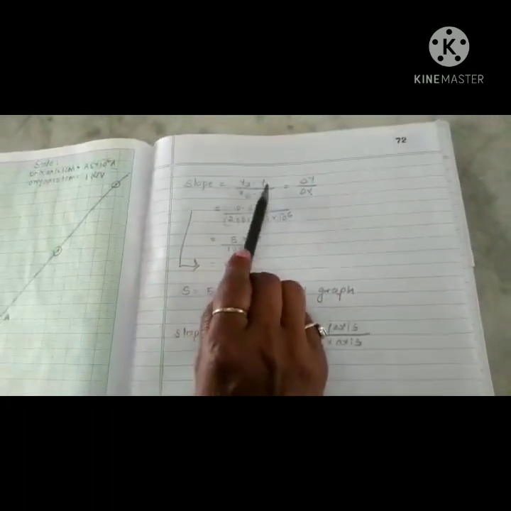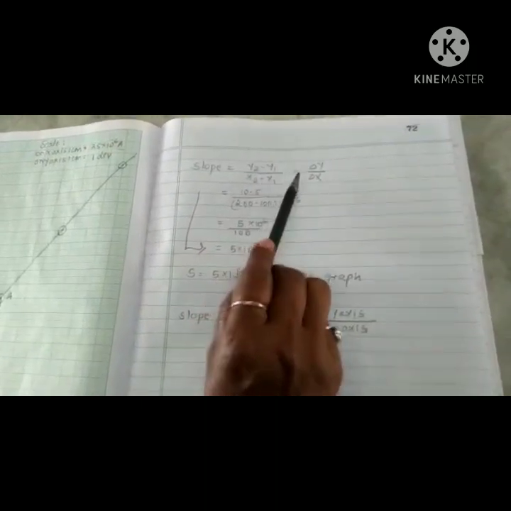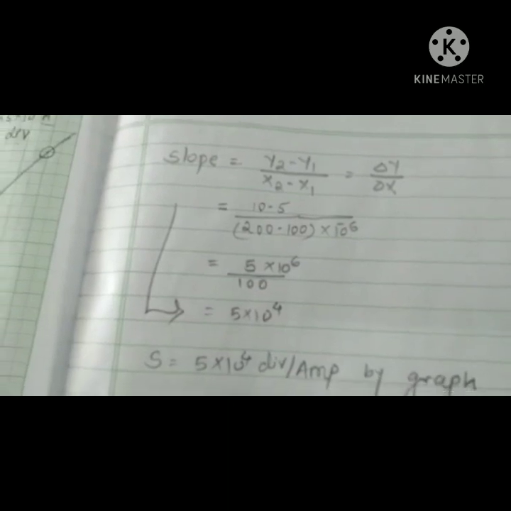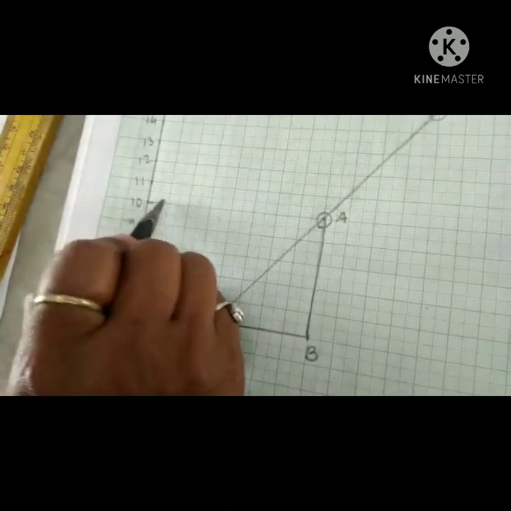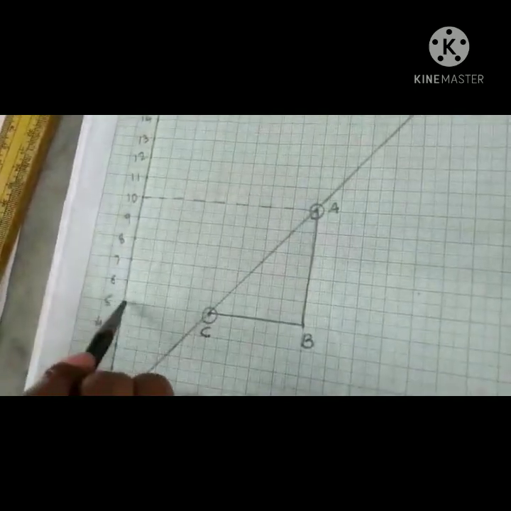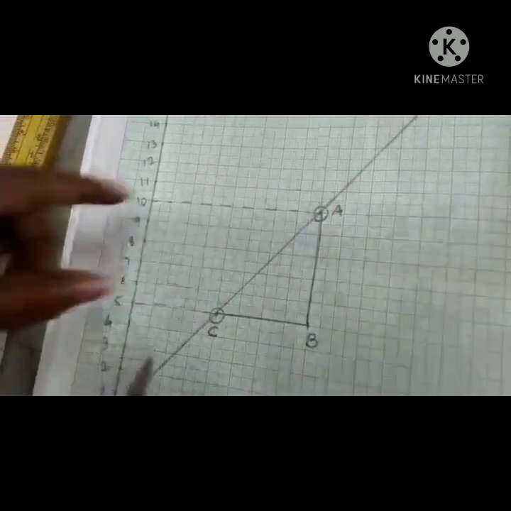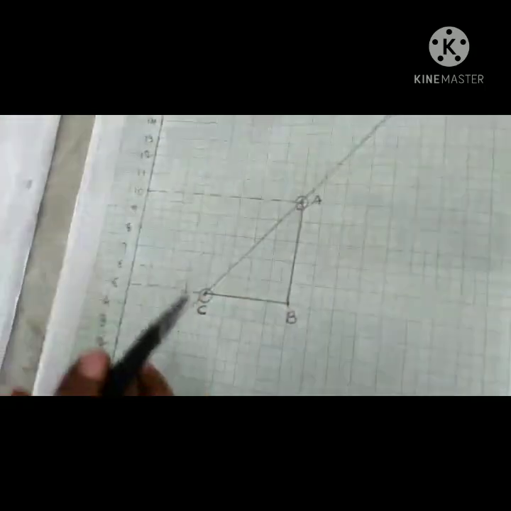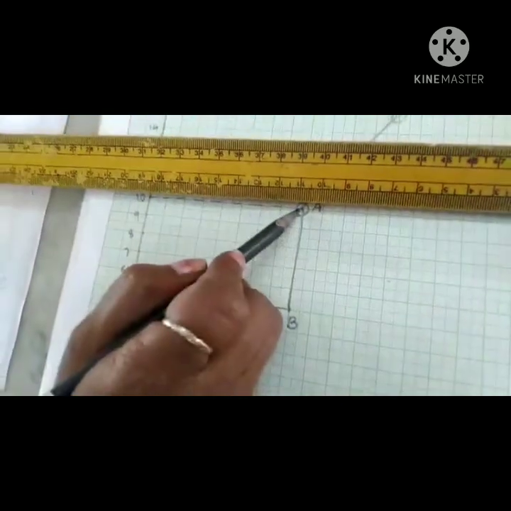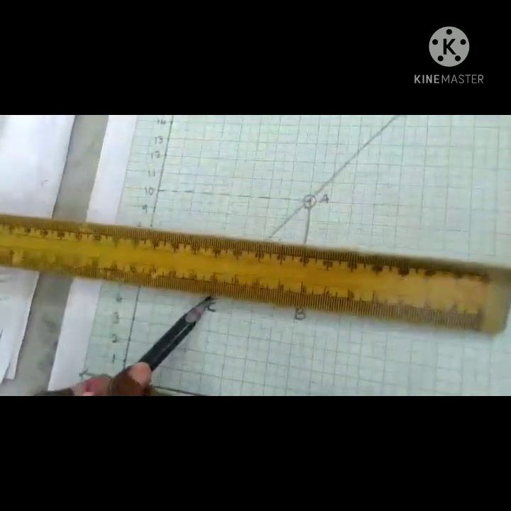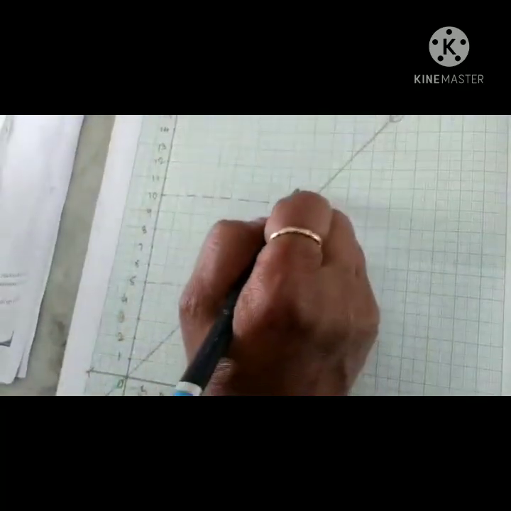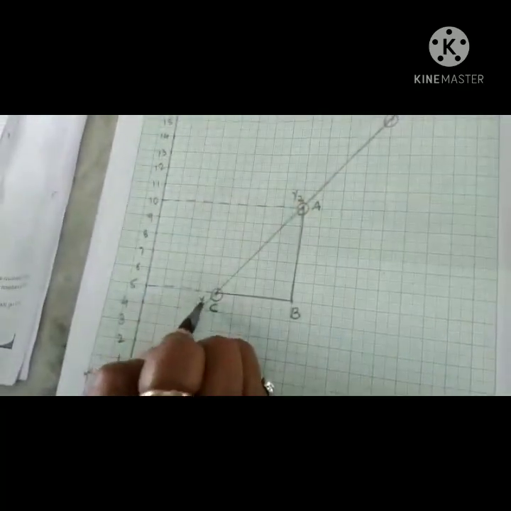First one is y2 minus y1 divided by x2 minus x1. That is the formula del y by del x. Y2, I will show here, this is our Y2. Y1, this is our Y1. Means coinciding points. Draw one normal on the y-axis from this higher point, and from this point C draw one projection on y-axis. Name this as Y2 and this as Y1.